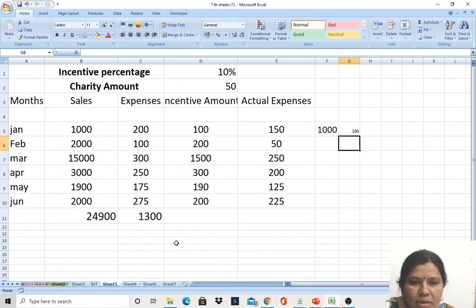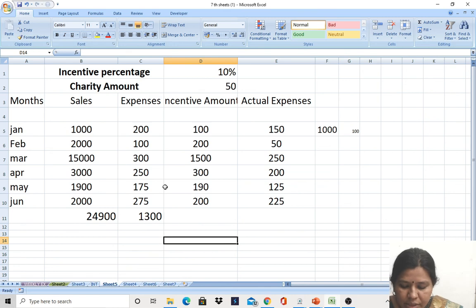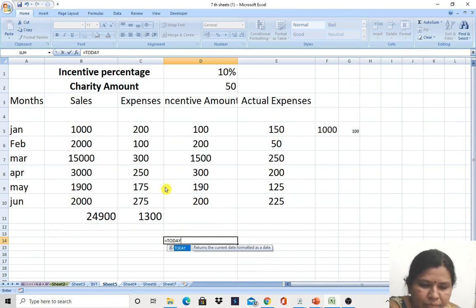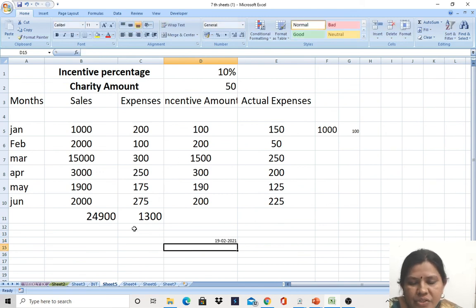And one more is TODAY. Okay, for example, just equals to TODAY, open bracket, close bracket. Today is a date, what? 19/2/2021.